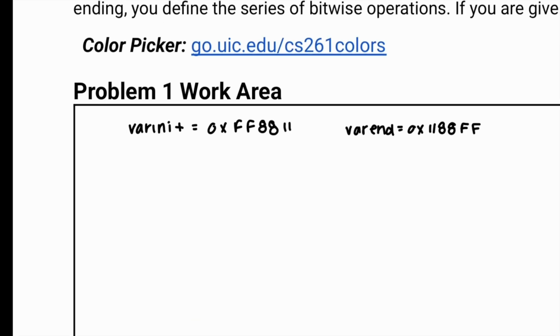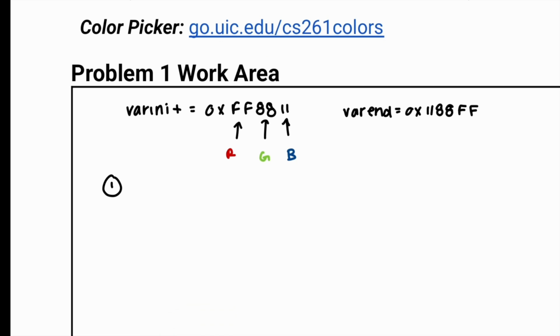First, you should notice that these first bytes correspond to our red bits. This is green. Then we have blue. We want to extract these bits. So we want to get our red, green, and then blue. In order to extract these bits, we're going to have to shift